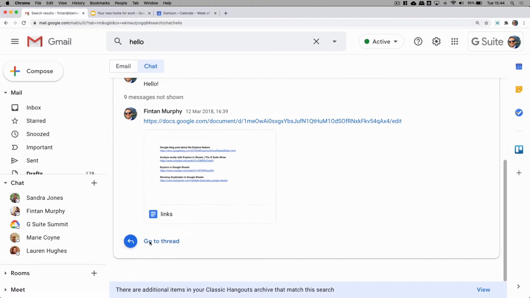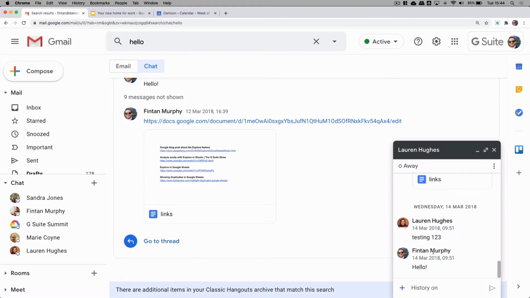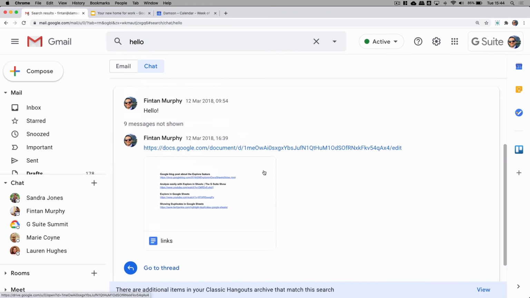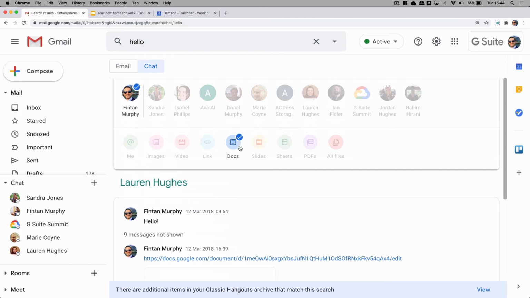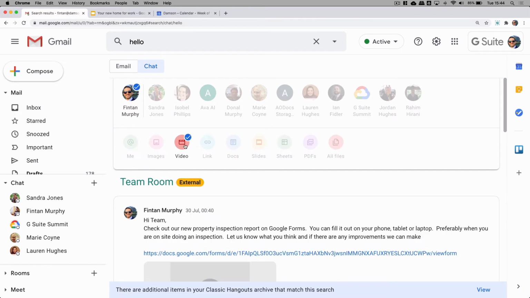I can go straight into that thread if I want, and it will open it up here, this thread I have with Lauren. Or I can actually go straight to, say, the document or just view it directly from here. So that's the search, and it makes it very, very fast to find things. You can see I can just click on these and it will show me the ones that have links, the ones that have